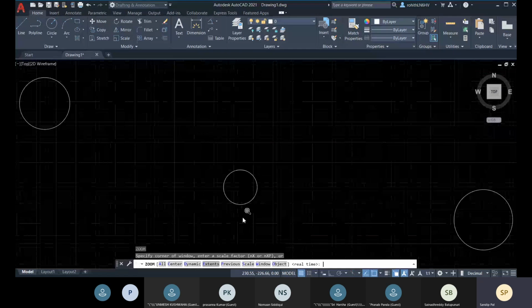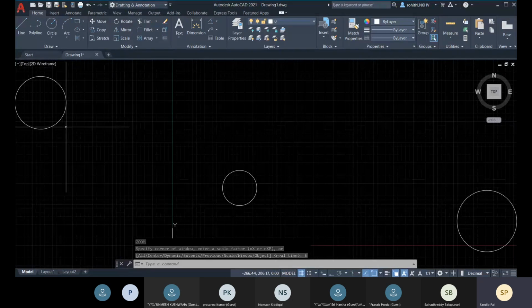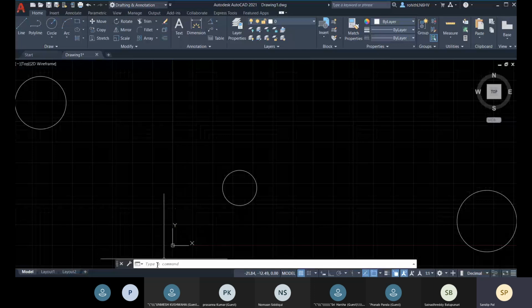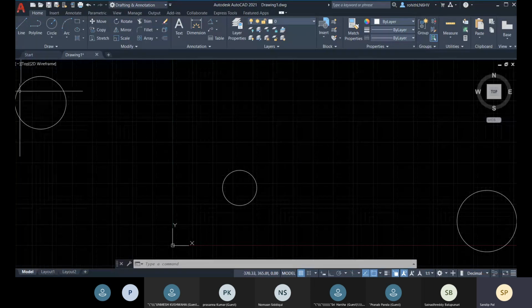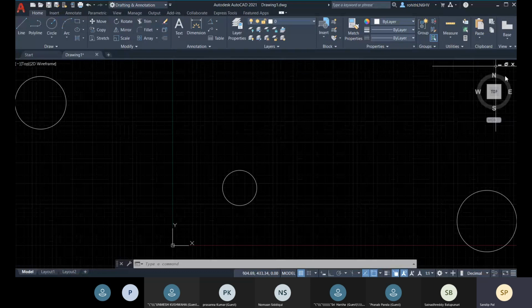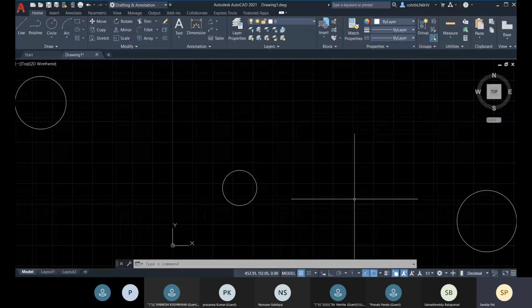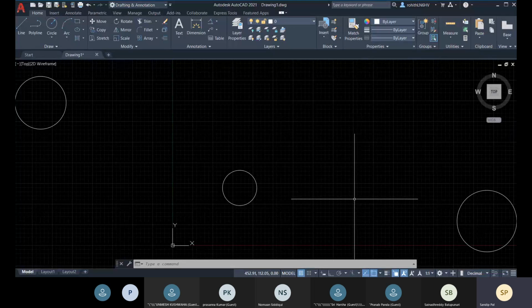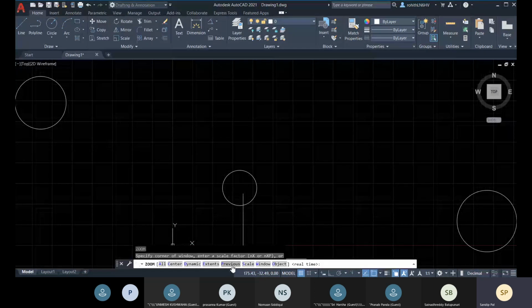And you have this extend option. This can be similar to your zoom all, but the main thing about the zoom extent is that the extended portion of all the objects will be zoomed within this viewport. That's the main thing. Mostly you will get a similar result like Z enter and A enter.